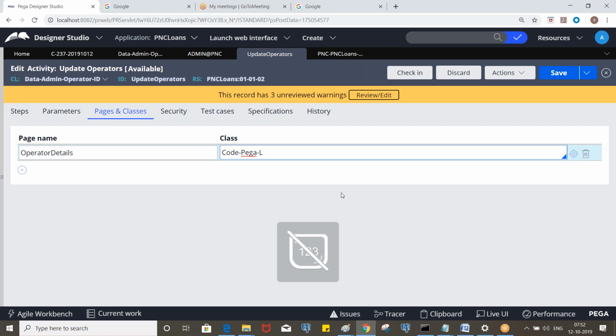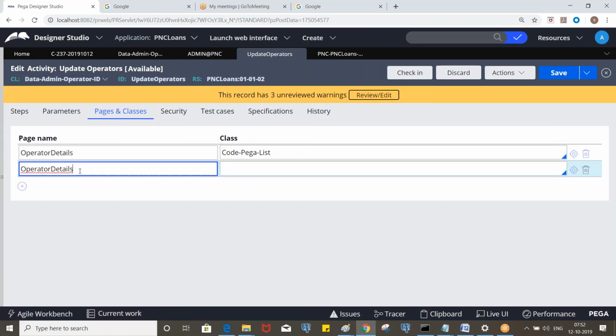The defined page will be created by referring to the code pegalist and pxls, and so this will be data admin operator. Let's say country details code pegalist, country details dot pxls, and that's the corresponding class, right?